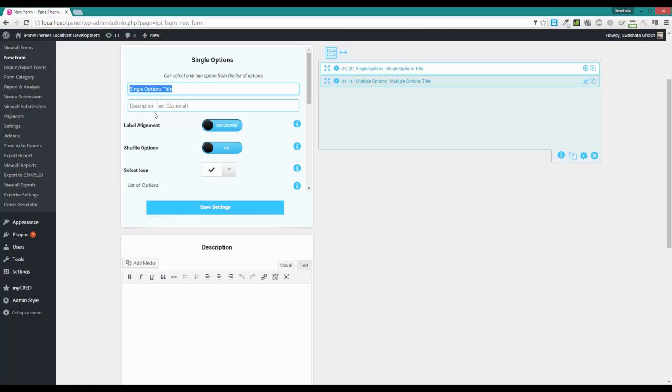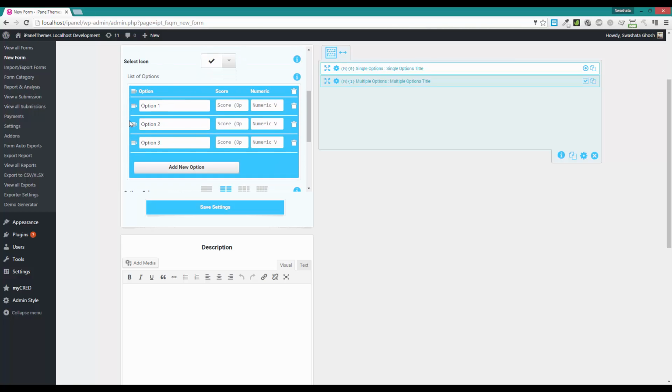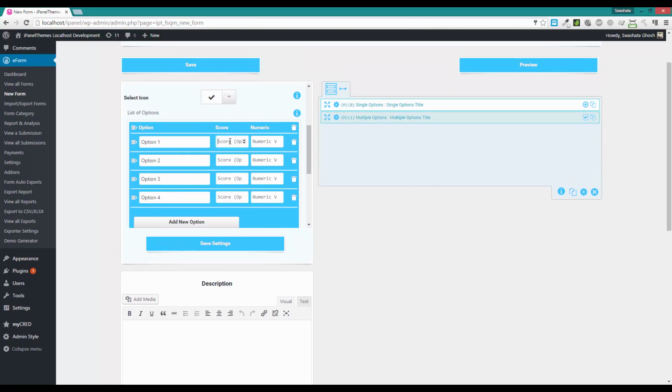Okay, so for the single option we have a list of options. As you can see, the form has already given us 3 options. We can add more if we like. To make a quiz out of it, we need to assign scores. Any positive score is picked as the correct answer by eForm, and 0 and negative scores are picked as the wrong answer. So for the demo we are going to add scores, say 5, 0, 0, -1 to our first